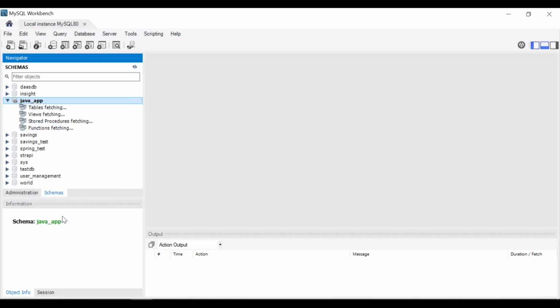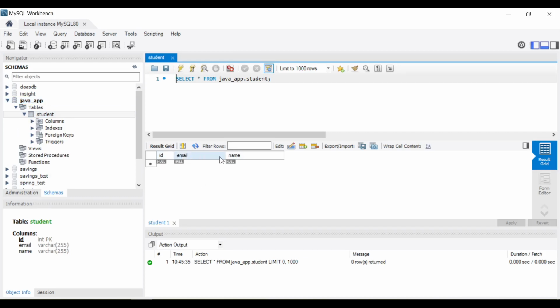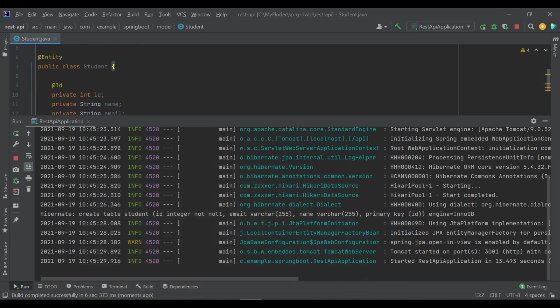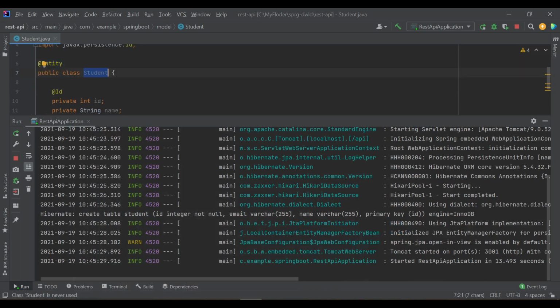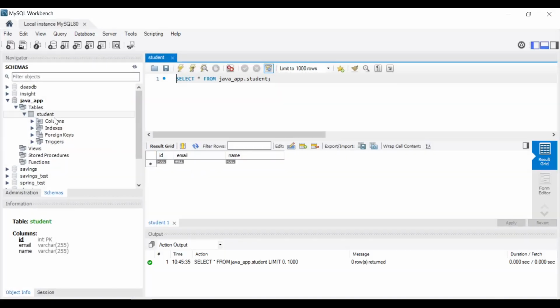So let's refresh. You see it created a table with id, email, and name, right? So how did it create it? We have defined the entity and the class name as Student, which is converted by JPA to the table name student.